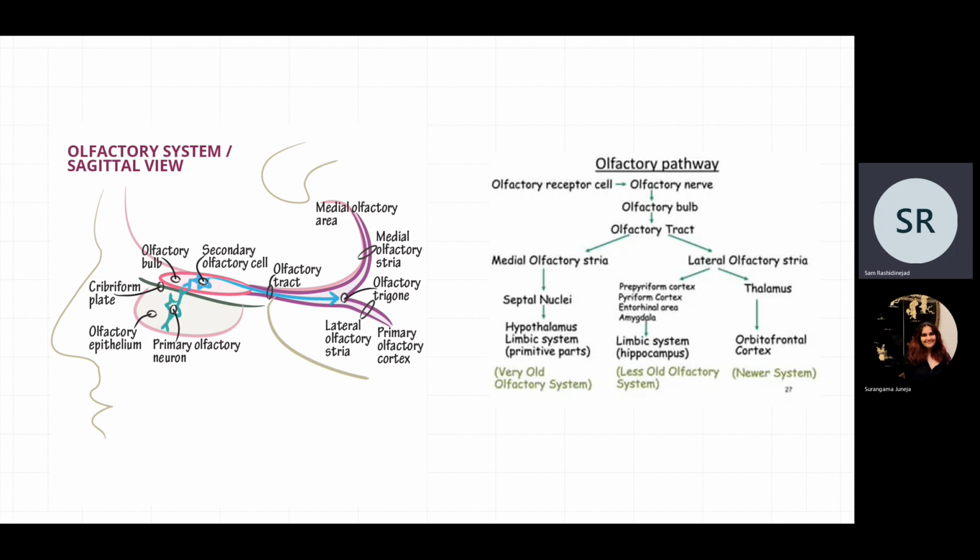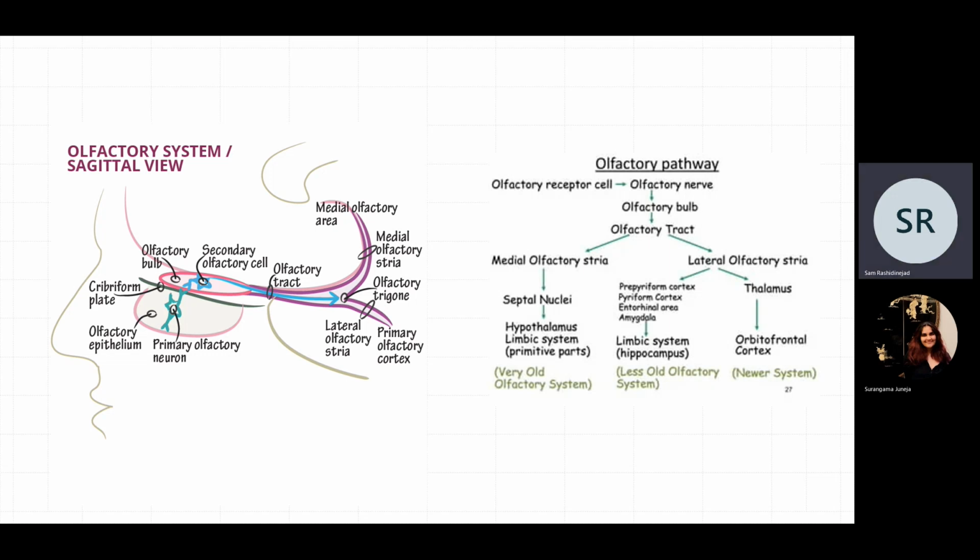The medial olfactory stria is generally the oldest part of the olfactory system because it has connections to the septum verum, which has septal nuclei involved in the limbic system, and it also crosses via the anterior commissure to the contralateral olfactory bulb. These connections go to the limbic system and hypothalamus, so they are really primitive and really old. On the other side, we have the lateral olfactory stria,